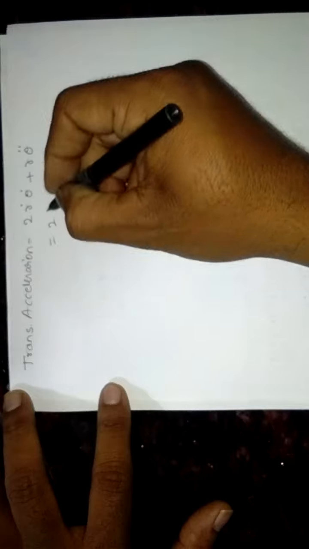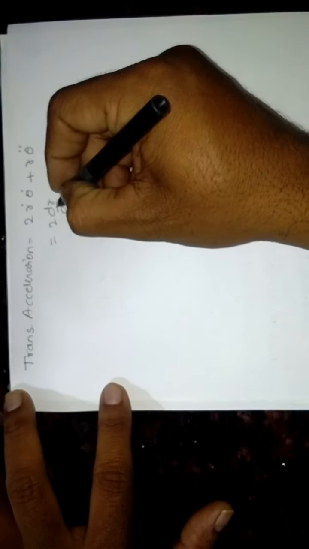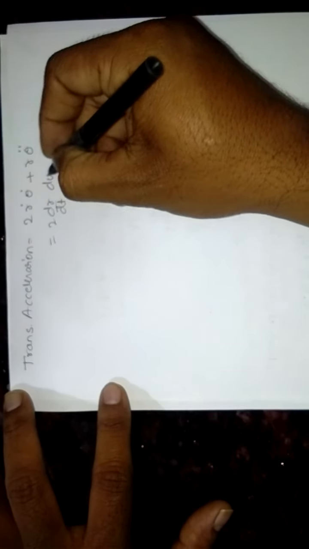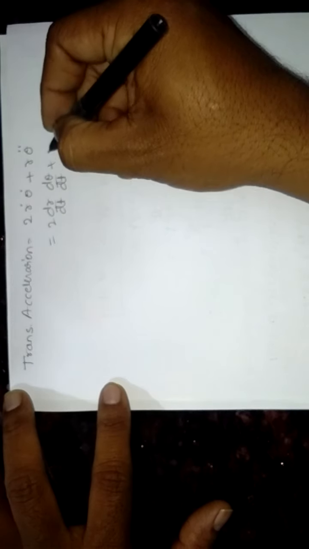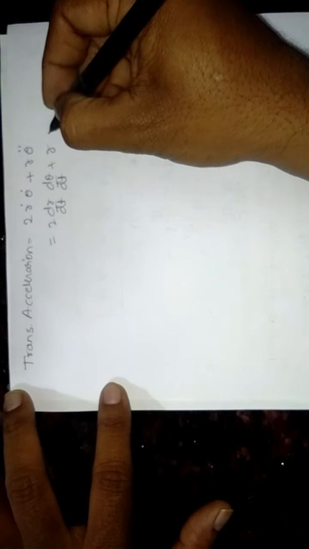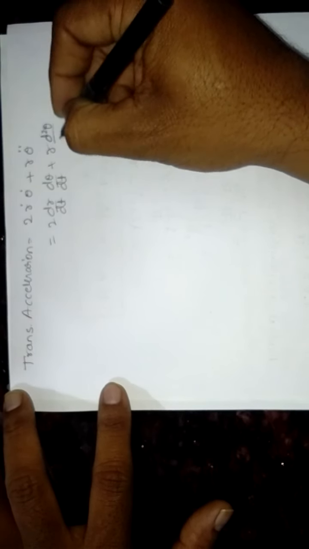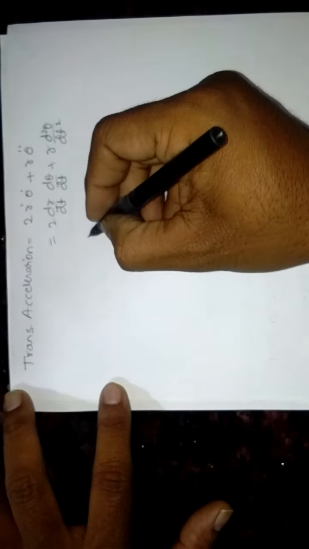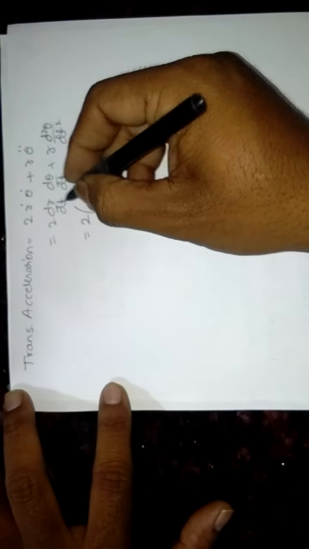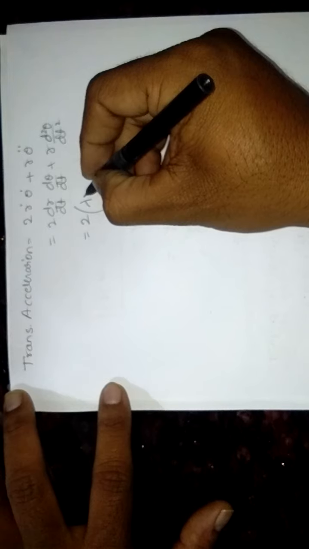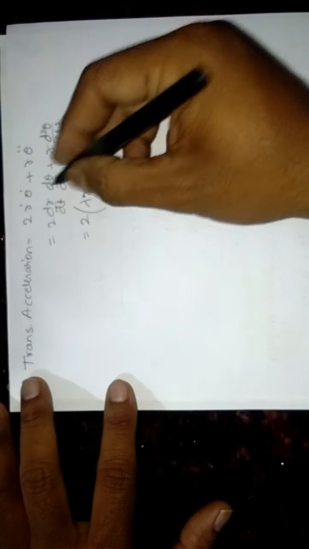In other words, r dot means dr by dt, theta dot means d theta by dt, and r into theta double dot means d square theta by dt square. Now 2 into dr by dt, substitute the values, that is lambda r, d theta by